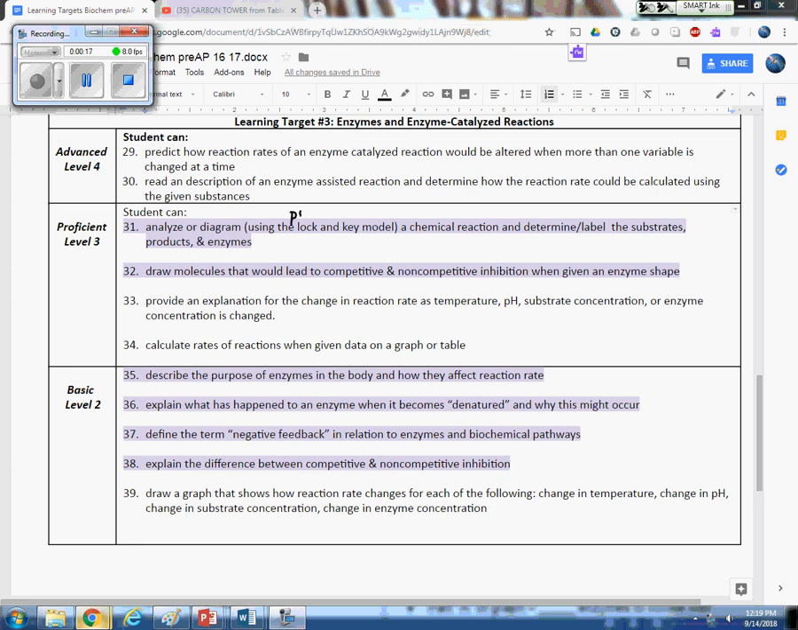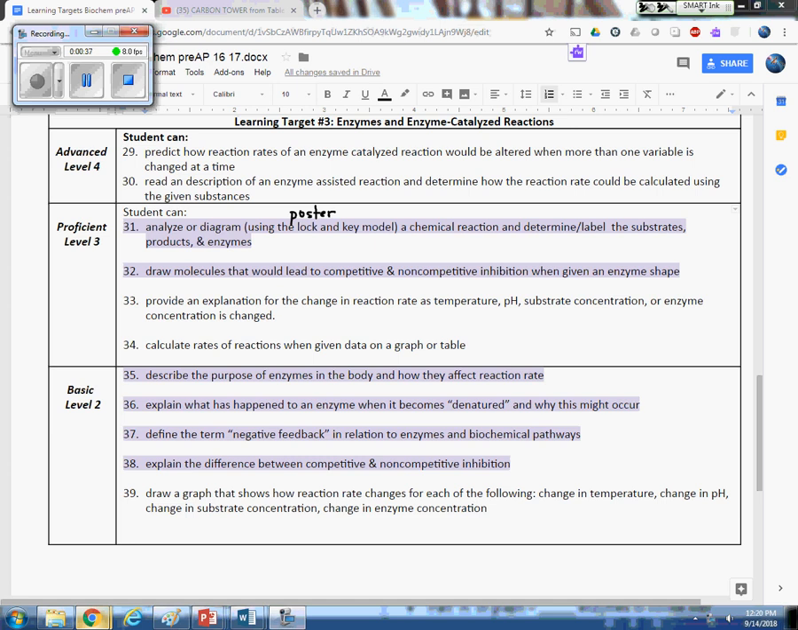That poster is that lock and key model, that the substrate has a certain shape and then it fits onto the enzyme and the active site that has a certain shape. Kind of like a lock and a key. A key has a certain shape and it fits to a certain lock. You should be able to tell me what are the substrates, what would be the product, what's considered the